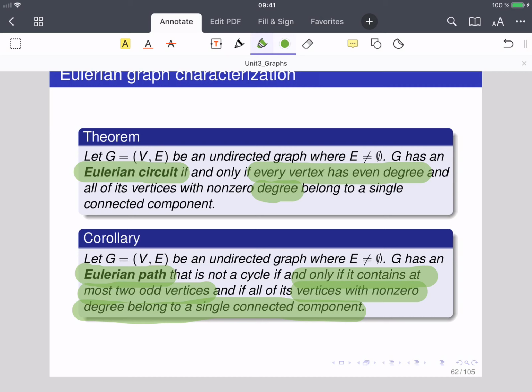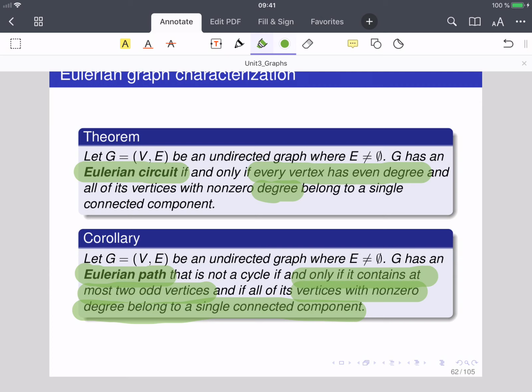If we have at most 2 vertices with odd degree, then we have an Eulerian path, a path that uses all the edges in the graph once and only once, and this path may not be closed, may not be a cycle. Okay? And remember that since the number of vertices with odd degree in a graph is always even,